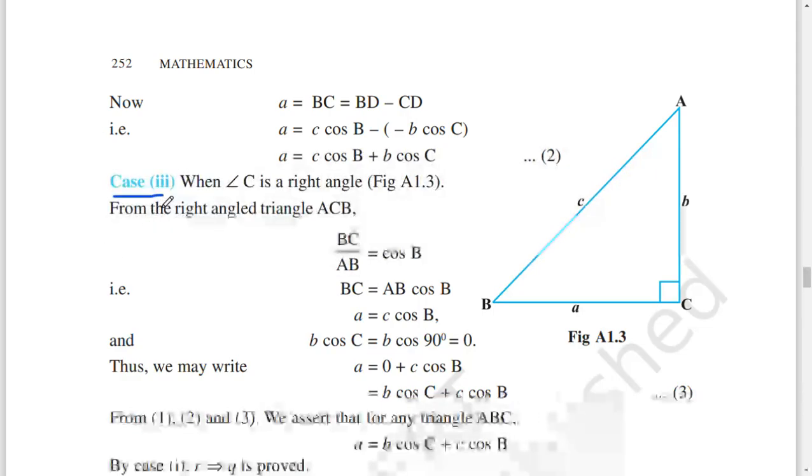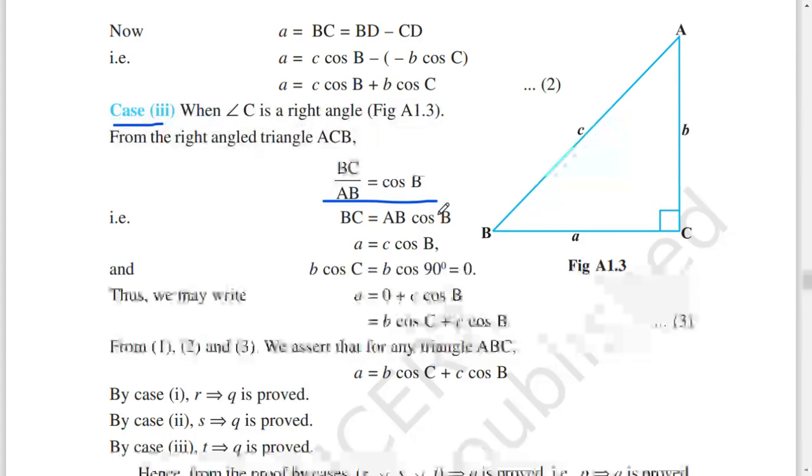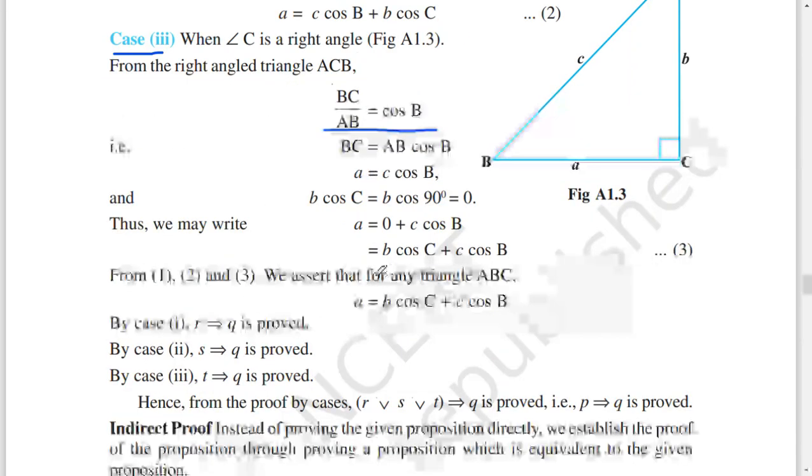Case 3, when angle C is a right angle, figure A1.3. Triangle ABC, AB is c, AC is b, and BC is a, and angle ACB is 90 degrees. From the right angle triangle ACB, BC by AB equals cos B, that is, BC equals AB cos B, a equals c cos B, and b cos C equals b cos 90 degrees equals 0. Thus we may write a equals 0 plus c cos B equals b cos C plus c cos B. (3)